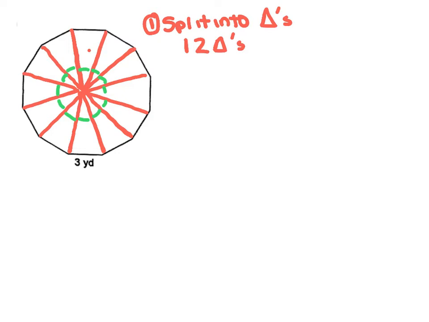So if I take the number 360 and I divide it by the number of triangles, in this case you would divide it by 12. When you type that in your calculator, it gives you a value of 30, which means that each of these